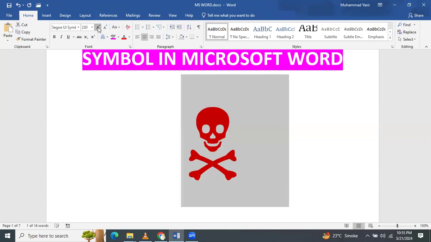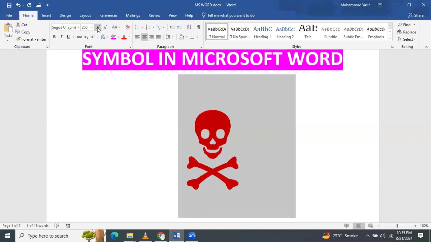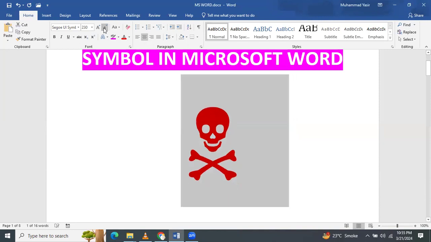its size can be increased as well using this button, and then its size can be decreased as per your requirement to be